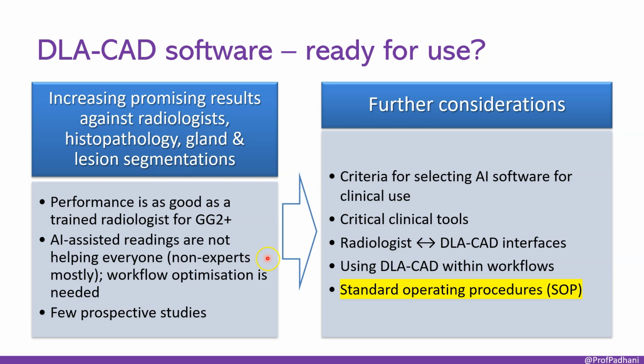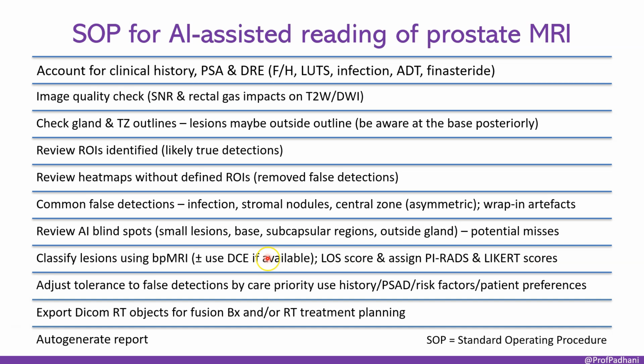Regardless of the chosen workflow, successful and safe implementation requires standardization. This brings us to the final consideration, standard operating procedures or SOPs. Developing a local SOP is crucial for consistent and effective use of AI assistance. This should include steps like always accounting for clinical history, checking image quality, as poor SNR or artifacts can affect AI performance, verifying the AI's prostate gland segmentation, especially at the base and apex where lesions can be missed if